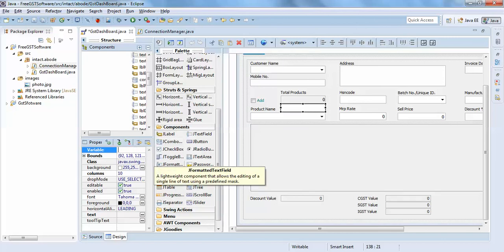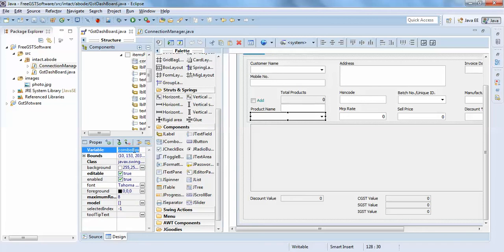What this actually is, is that this quantity will be directly going to the, so I'll explain to you. This will be product quantity, and this will be product name,